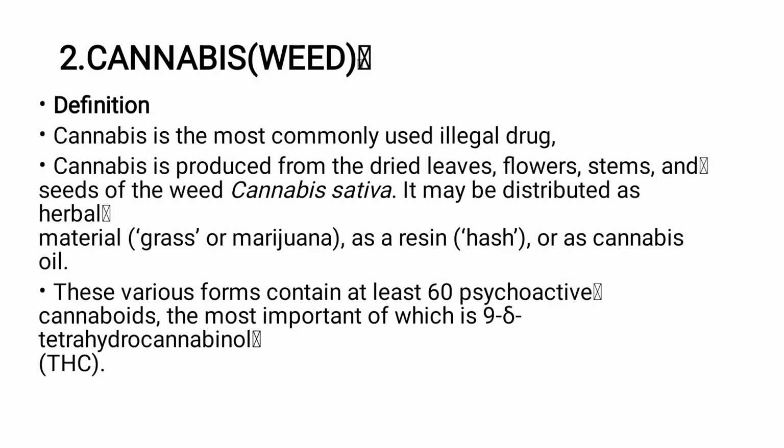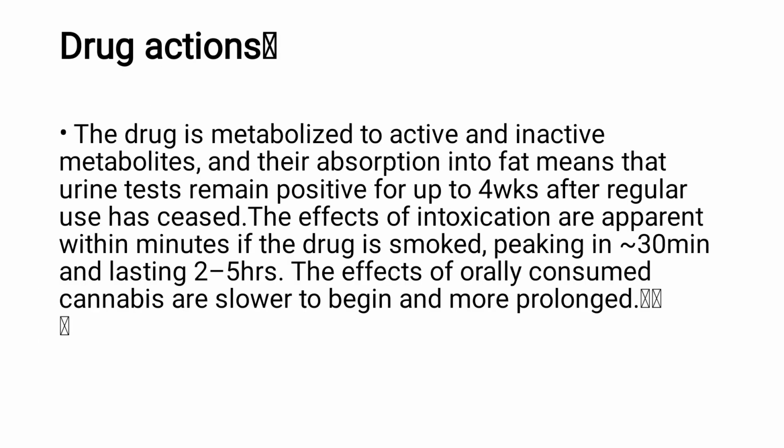2. Cannabis or weed. Cannabis is the most widely used illegal drug. It comes from Cannabis sativa, mostly. It contains 60 psychoactive cannabinoids, the most important of which is 9-tetrahydrocannabinol, THC. Drug actions. Cannabis is metabolized to active and inactive metabolites, and their absorption into fat means that urine